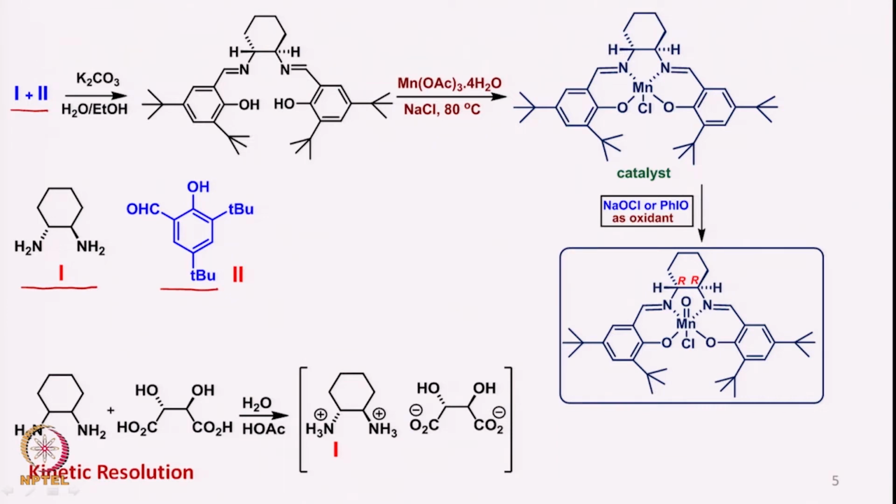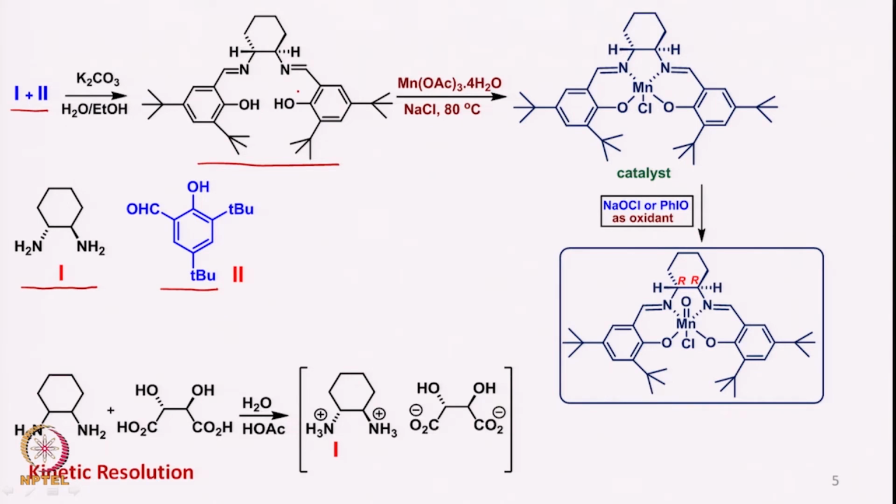Basically it allows the condensation to take place and we get this particular molecule. As you can see, 2 molecules of salicylaldehyde derivative have reacted with the primary amine, and of course we got the imino